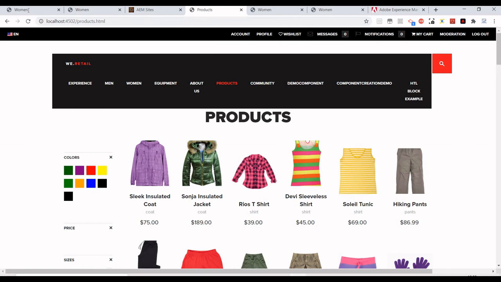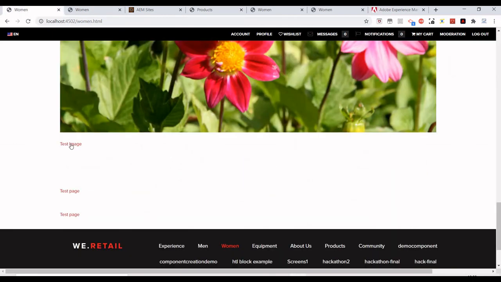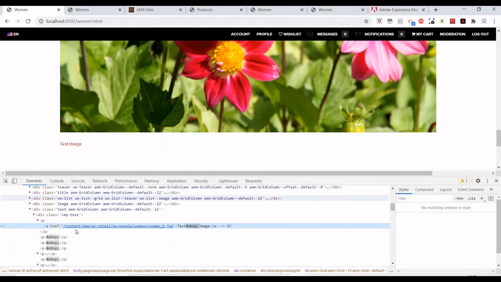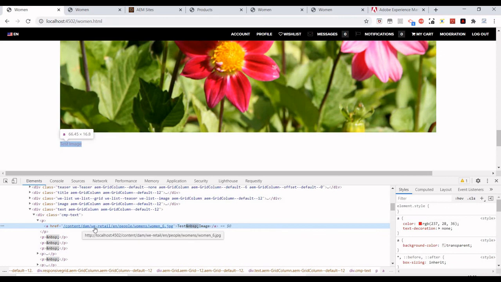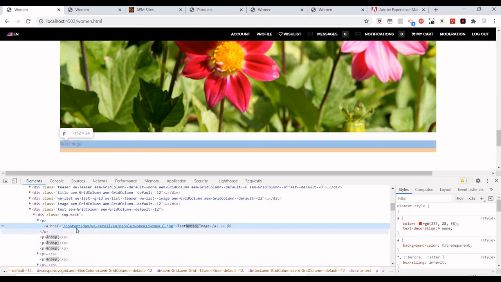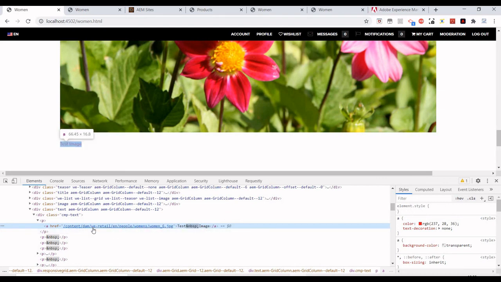In my next video, what I'm going to cover is this: even if we do this, if you see the path which is coming here, it's content DAM. Sometimes what happens is, even when you do this configuration, you still see the pages referencing URLs, whether it's a DAM path or an internal page path, with content or etc still being appended.